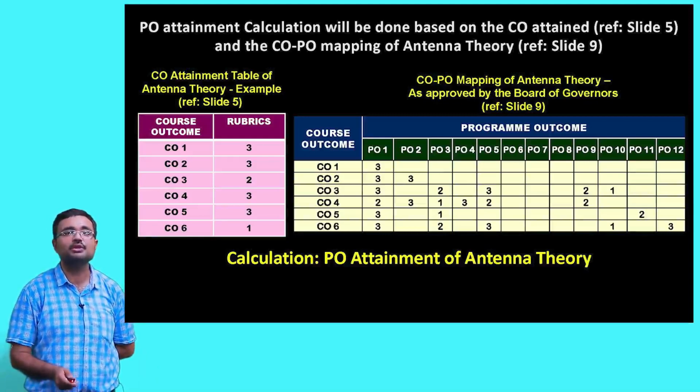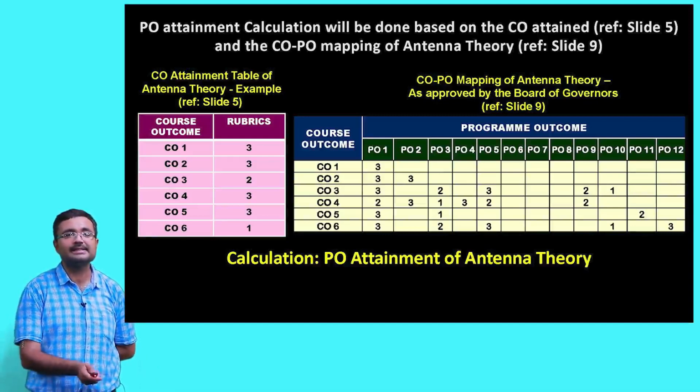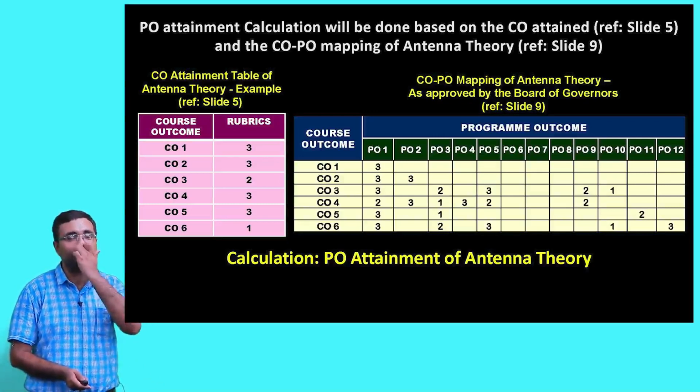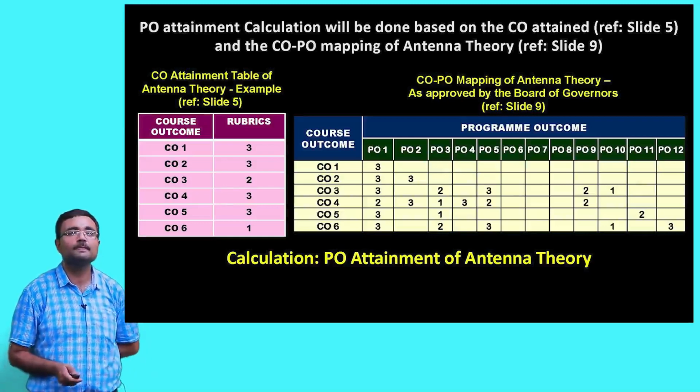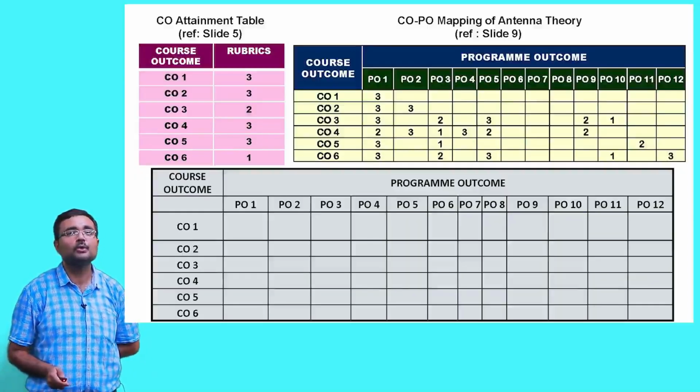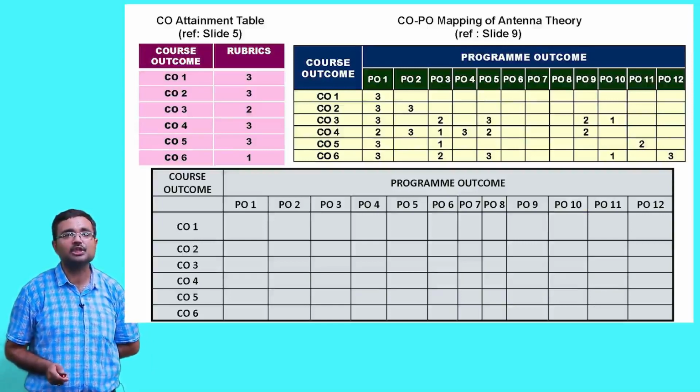This is a table which we had at the beginning. This is the second table which we have designed now, how the course outcomes are mapped to the program outcomes. These are the tables we have right now. Now you remember what I am going to do. CO1 attainment is high, that is 3, please check, CO1 attainment is high, 3 attainment. CO1 is mapped to PO1, high correlation.